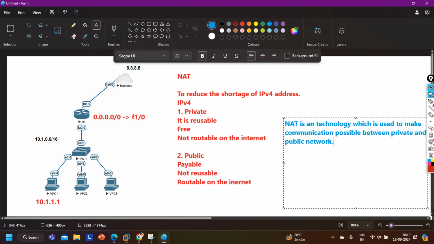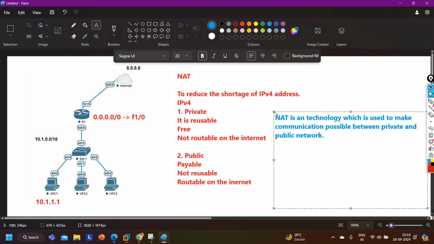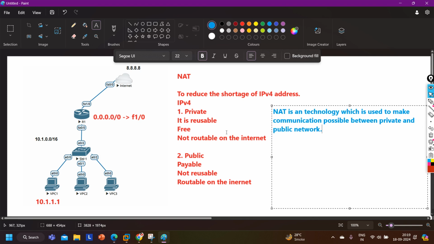By default, private and public cannot communicate with each other. As I told you, the reason is that on the public network there is no route available for the private IP. Even private IP addresses are not allowed on the internet, right? So by default, private and public cannot communicate with each other. So that's why we came up with a technology called NAT.